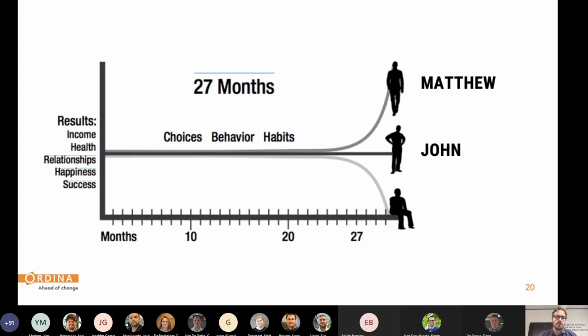And you have the choice to be successful. That's the point I'm making here. All those seemingly meaningless steps that Matthew was doing, reading and listening, he did consistently. In the beginning, it didn't really show, but in the end, it had an exponential effect.